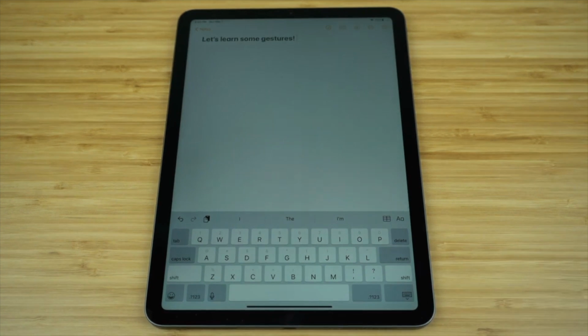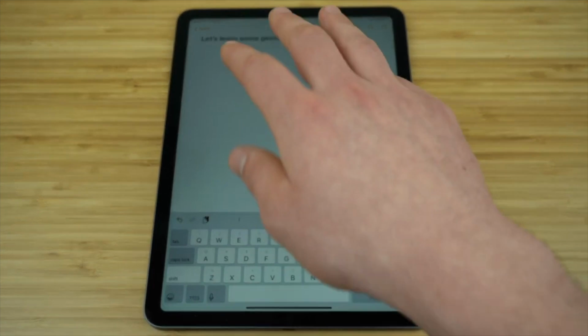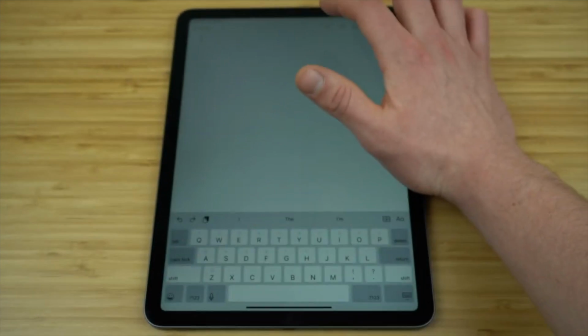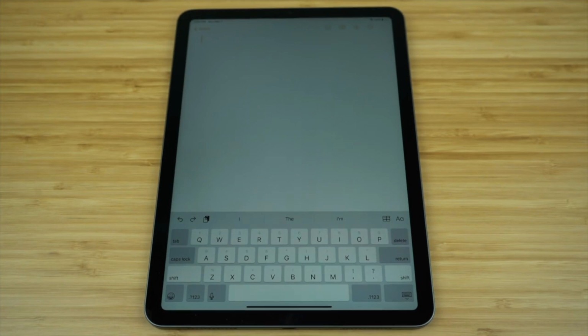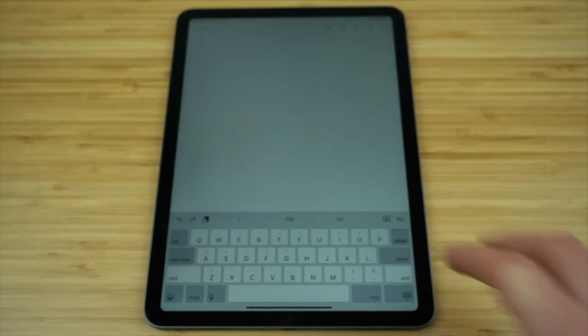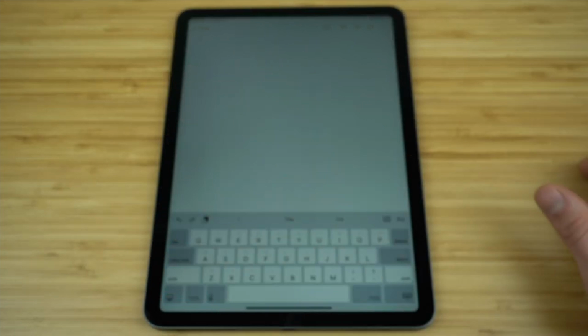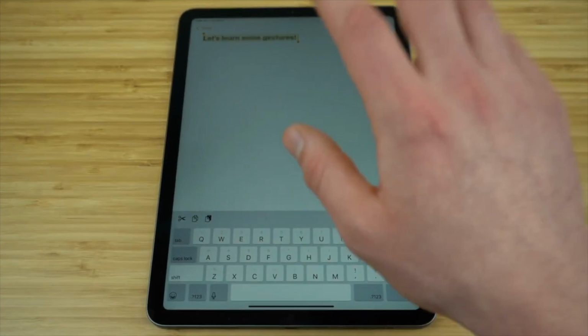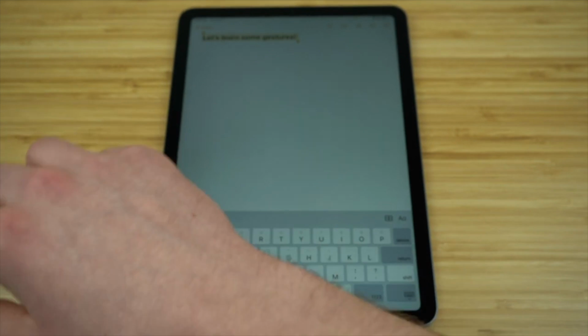Now I want to show you how we can undo and redo an action. So if we take 3 fingers and then just swipe to the left, you'll see it undid that last action. Now if I want to redo it, we'll take the same 3 fingers and just swipe to the right of the screen. And that's going to redo that action. So again, 3 finger swipe to the left is undo, and then to the